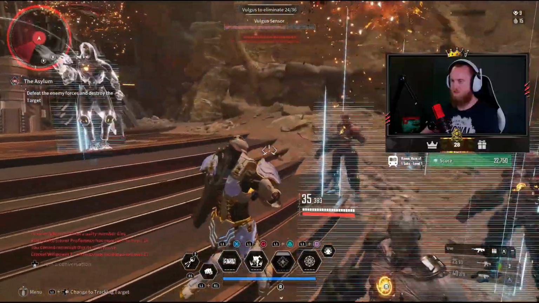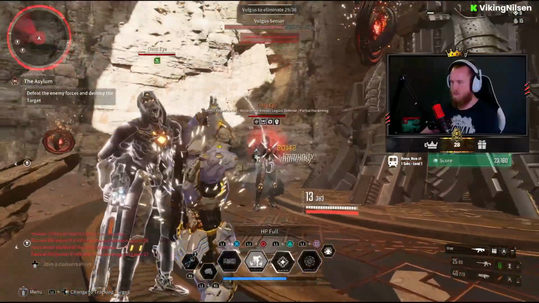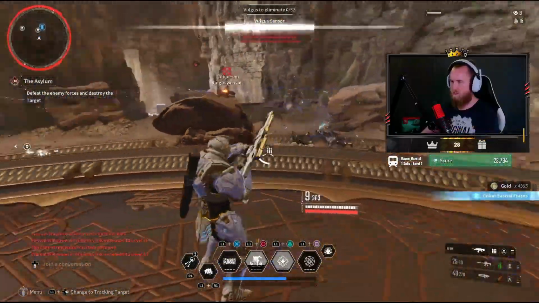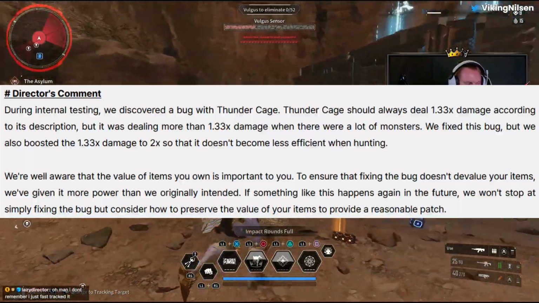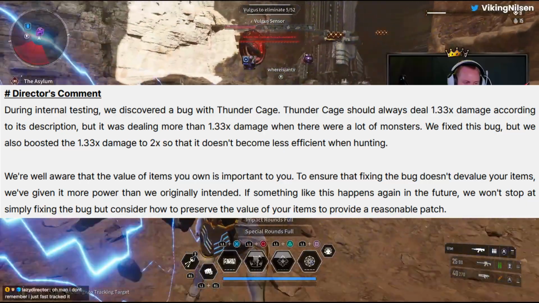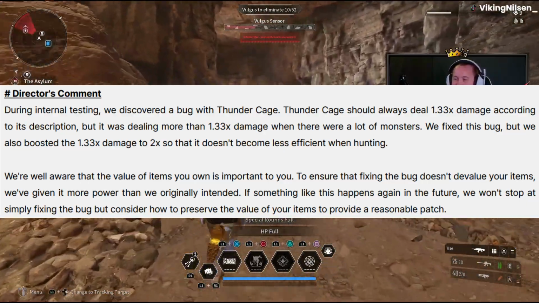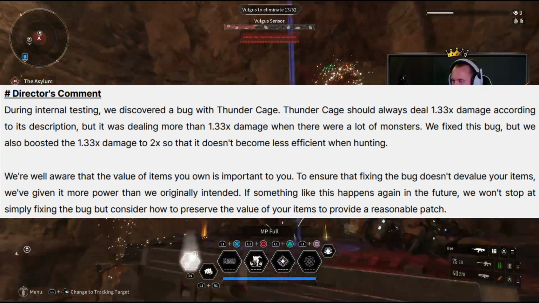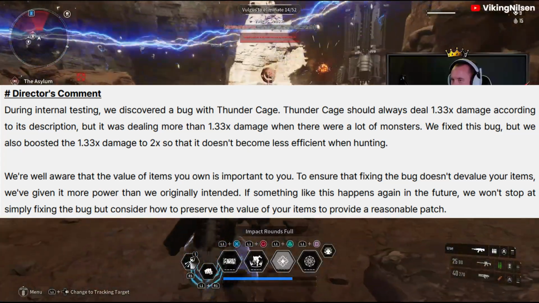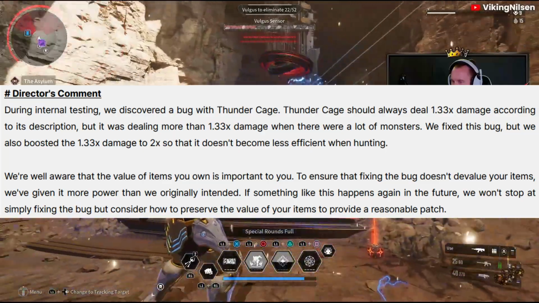When it comes to bugs, they did fix a lot of the UI, a lot of the Descendants and their abilities, a lot of the equipment. They have also buffed Thundercage. During internal testing, we discovered a bug with Thundercage. Thundercage should always deal 1.33 times damage according to its description, but it was dealing more than that damage when there were a lot of monsters. We fixed this bug, but we also boosted the 1.33 times damage to 2 times so that it doesn't become